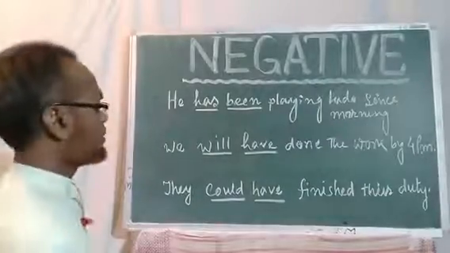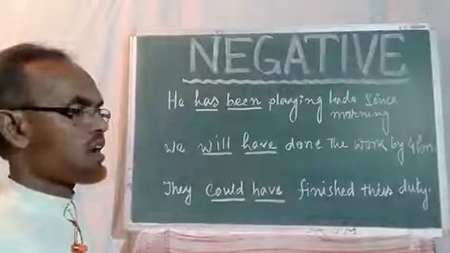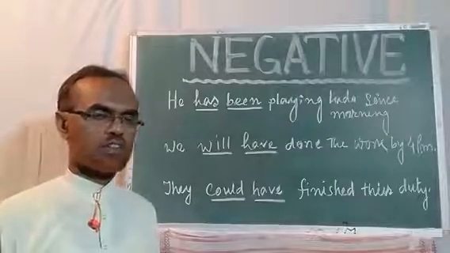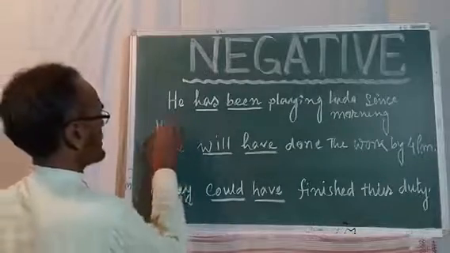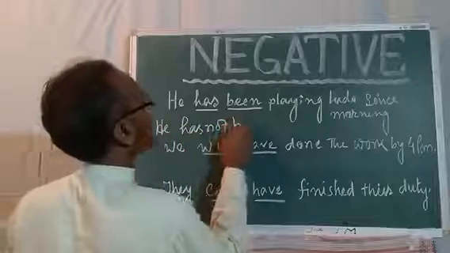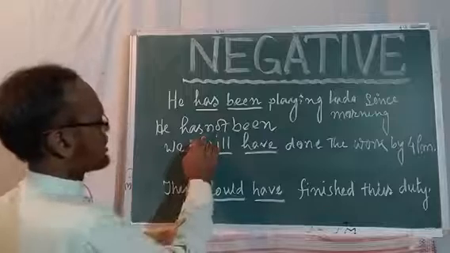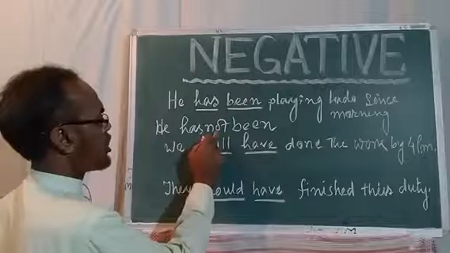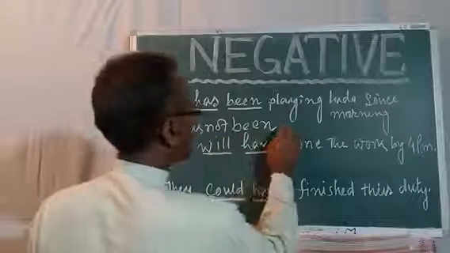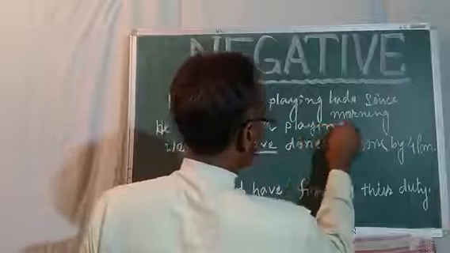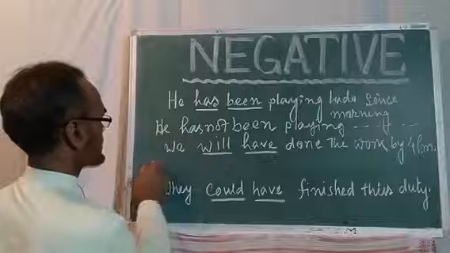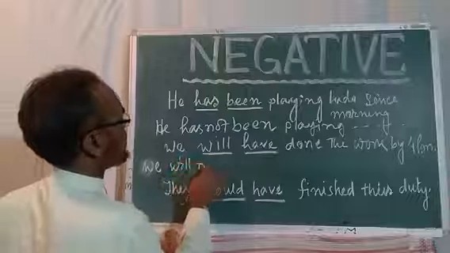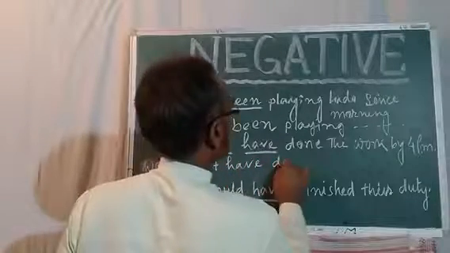It is very simple. If we find double auxiliaries or double helping verbs in a sentence, then we have to add only not just after the first auxiliary of the sentence. That is, he has not been. We only add not just after the first auxiliary, that is just after has, and the remaining parts of the sentence will remain the same. The second sentence also will be like this: we will not have done the